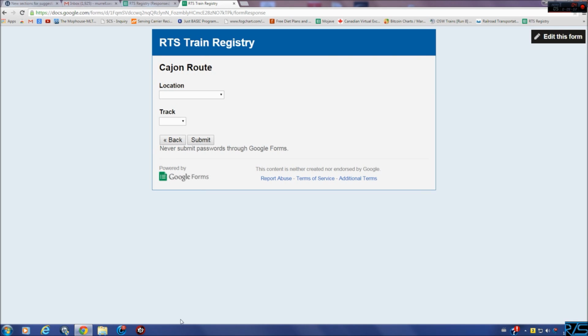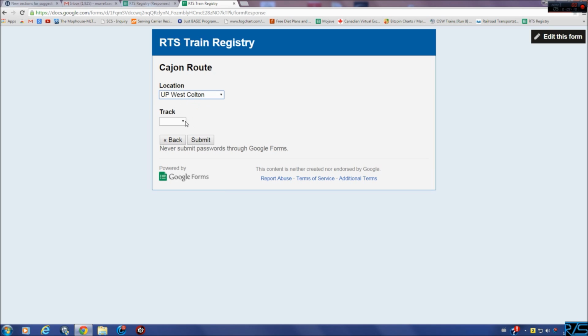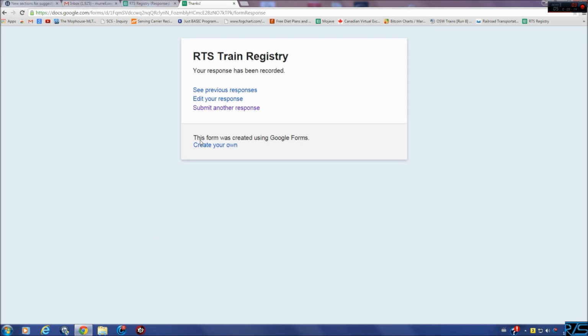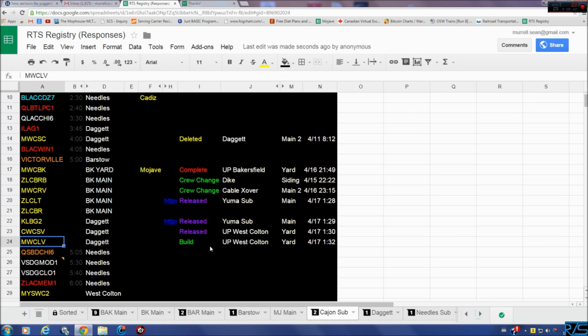And the reason why you're doing a build is, like I said, everything has been humped. All it has to be is assembled, put the engines on, and it can be released. And once it's been built, it can automatically be released. So you can see build goes green, so that means that something is ready to go. You notice too,